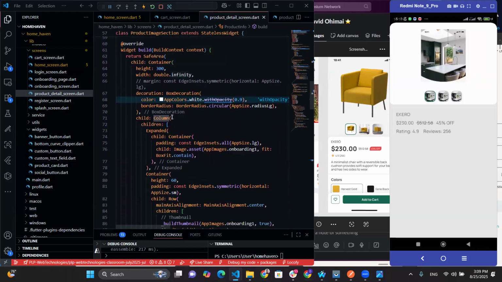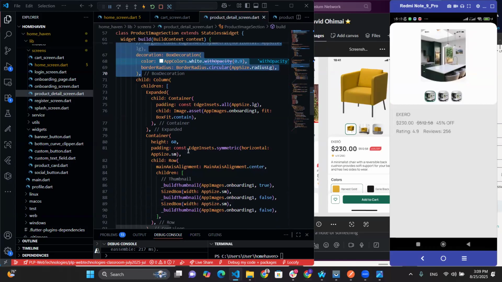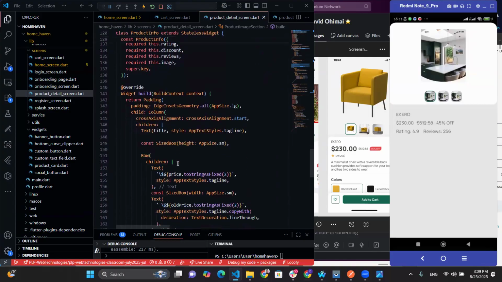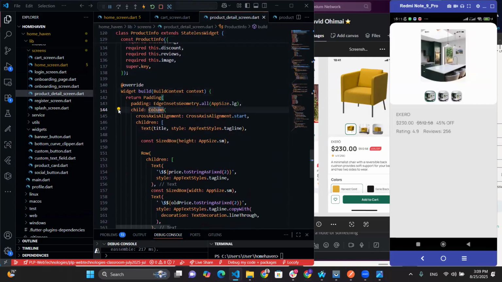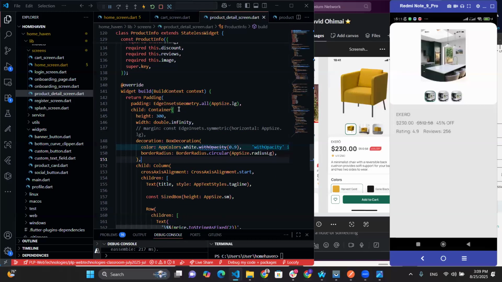So container, column, container. No, container column. So let me see if I take what is in here, then go wrap my column with a container, add those things, and then